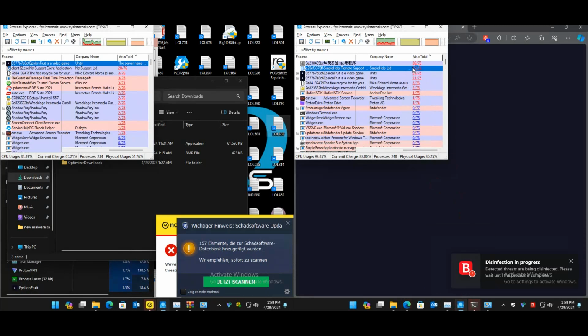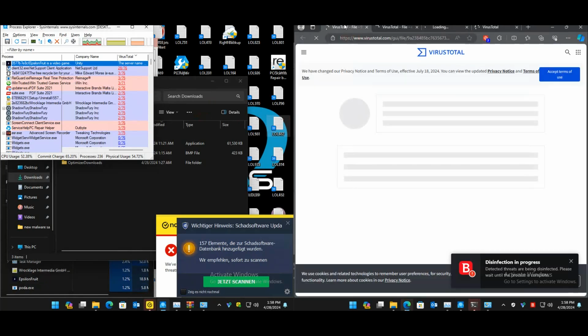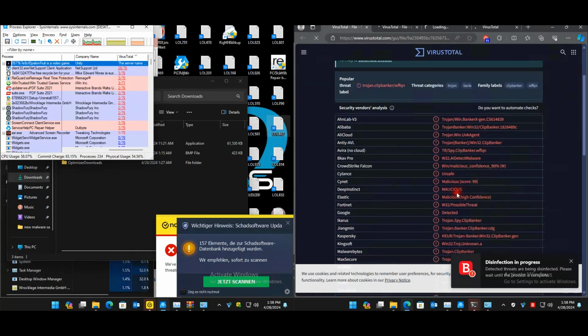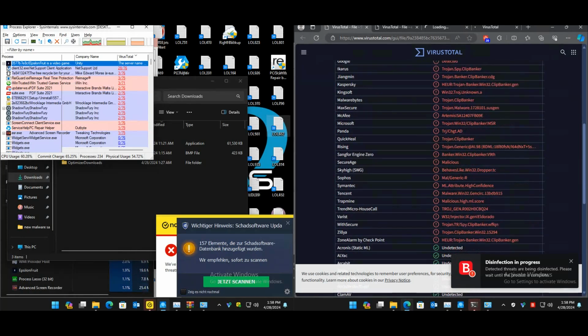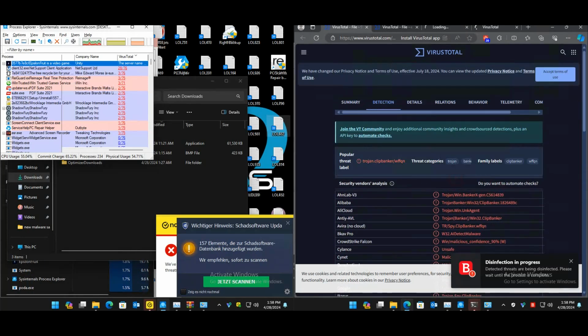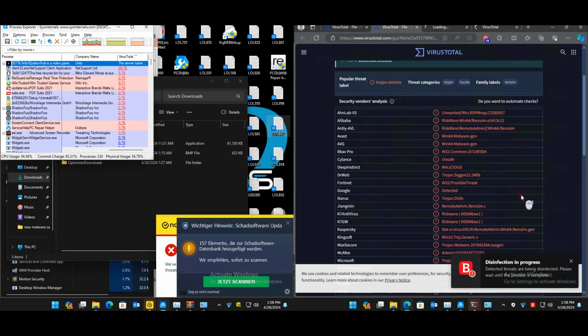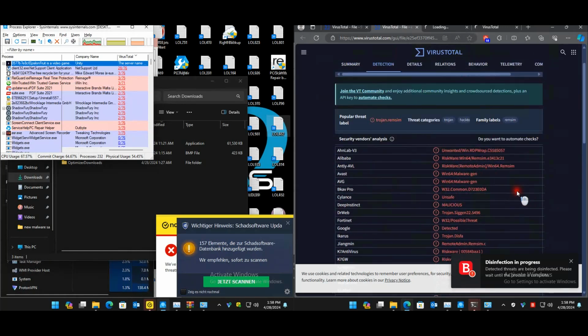Okay, so I'm just going to open up these 3 ones. Okay, and then this one is the same for Norton, so we'll see then which one this is. Okay, so this is a clip banker, so let's see who else is aware of this. It seems like a couple of vendors are aware of this one. This one is a Trojan as well. Okay, a couple of vendors are aware of this one.